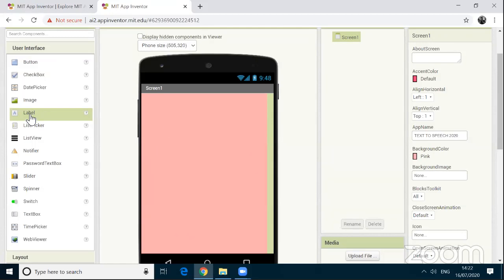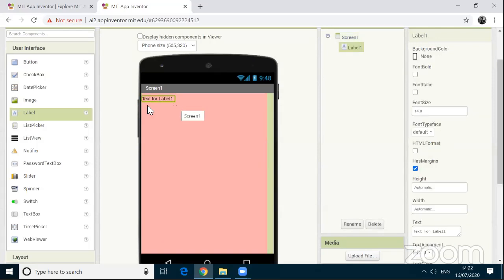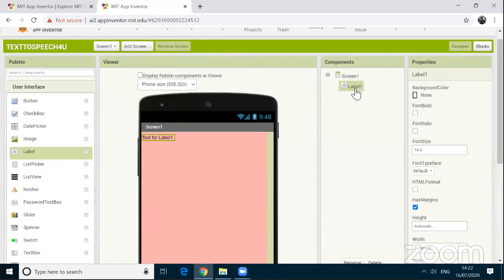Now what I'm going to do is I click on the label and I am moving like this, and just I'm dropping here. See here, my label got fixed here. Suppose I want to type text to speech, but I can't double click and type here. So when I'm adding this one, see here on the screen component, I added a label, but I want my label to be at the center of the screen. To do that, what you have to do is click on the screen one,